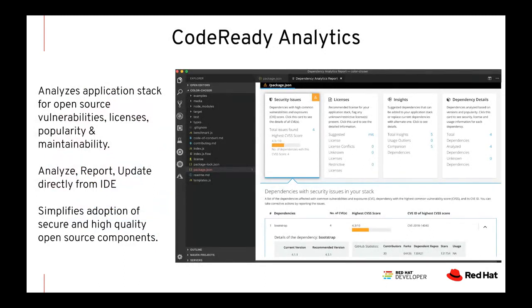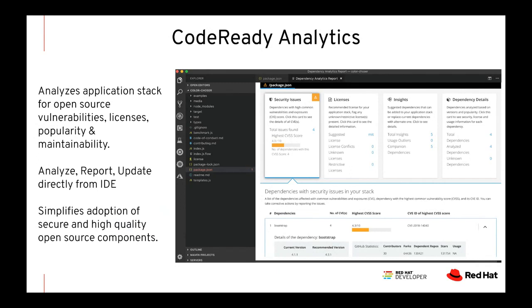The other thing that we're going to take a quick peek at today is Code Ready Analytics. This is in the analytics extension. It gives you application stack reporting of CVEs. It looks at your pom.xml for a Maven project and gives you security issues, licenses, and dependency details.